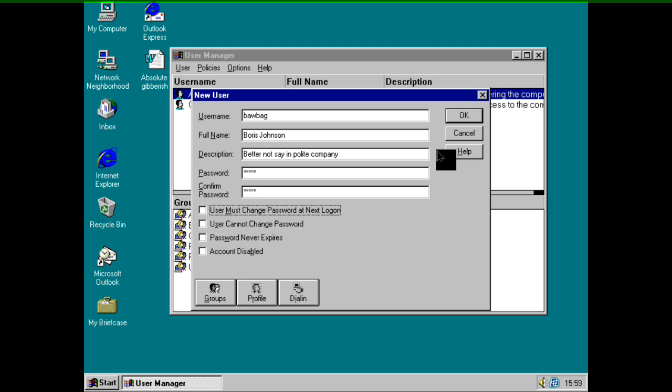User must change password at next logon. Obviously, I should be using Active Directory because I would need to make a Boris Johnson account that's a subset of a Dominic Cummings account. And Dominic Cummings would actually be the one to make this account, really. So, this is a political joke. Anyway,